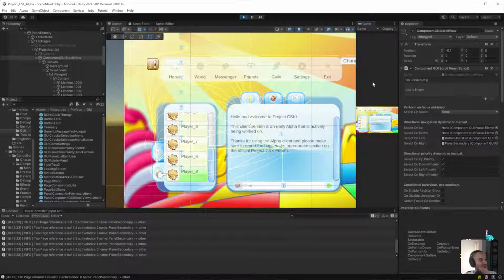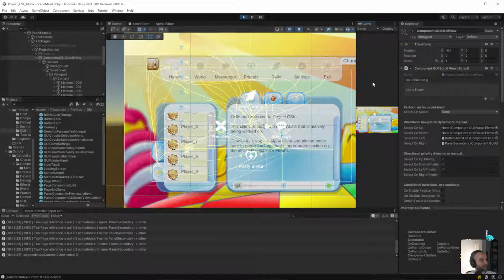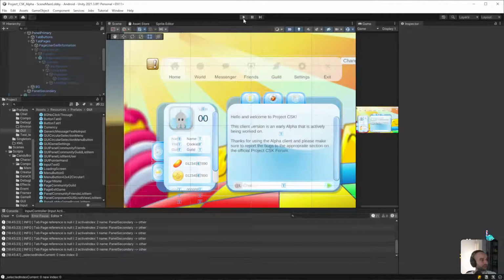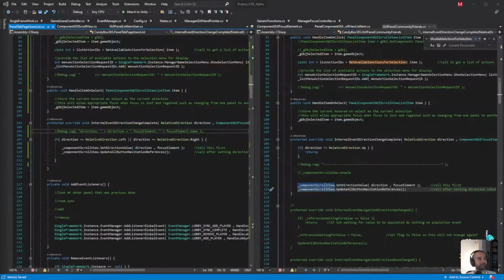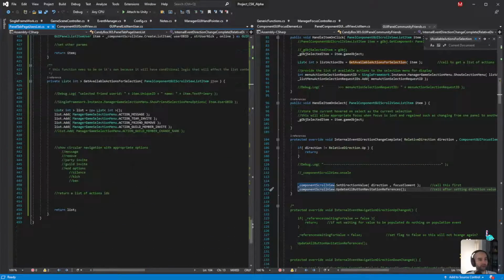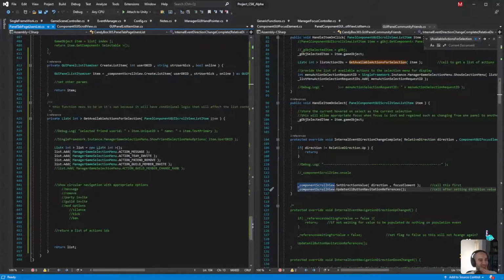Okay, so with that, what I want to set now is the options in the circular navigation. I know it looks a little bit too much when it's like that. So when you click on that, or when you press enter while that selection is active, what options are we going to be giving?